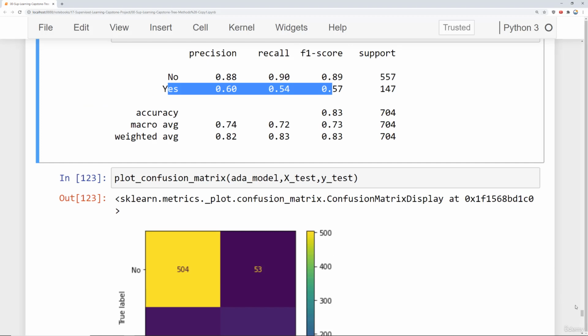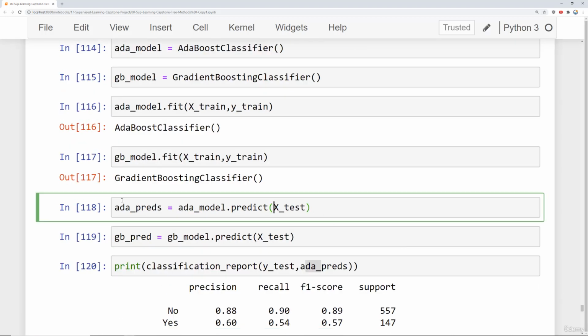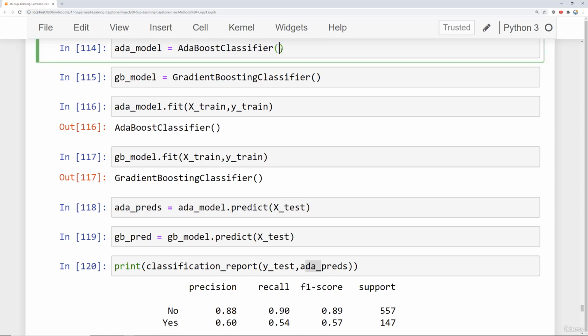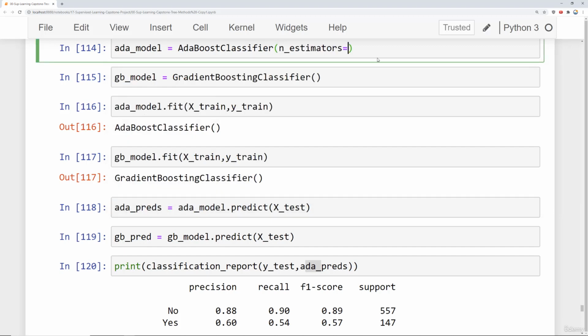So what can we do to try to fix this further? There's a couple things. One is perform a grid search on what is best for AdaBoost. Although keep in mind, AdaBoost is not going to have a huge amount of things you can begin to play around with. Number of estimators is one of them though. And we have enough features where maybe that's something we want to play around with. So let's try doing that. We're going to say number of estimators is